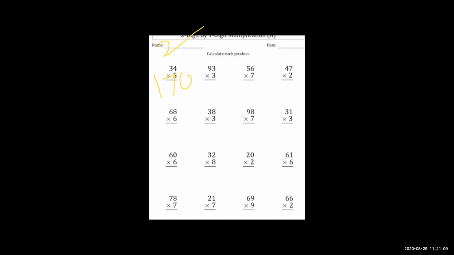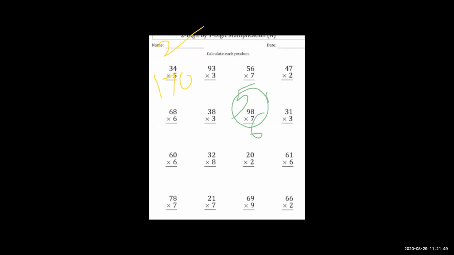Now the next sum I am going to highlight here with green color. Wait, students. Now you want to solve this sum. 98 into 7. Don't give the direct answer. Go step by step. 8 into 7. Give me the answer. 56. So 5 is carry here. 6 is downside.